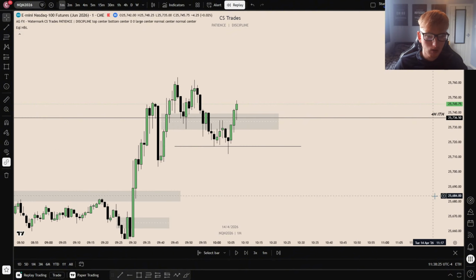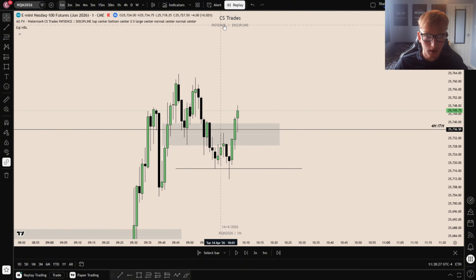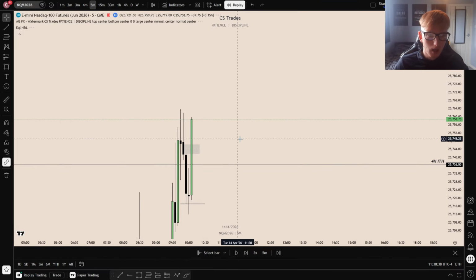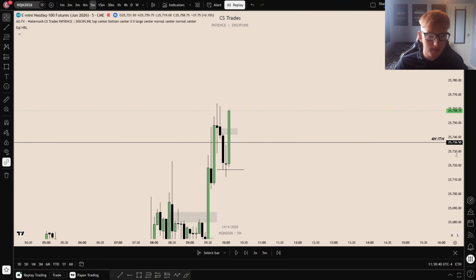But as you can see, we got absolutely no inverse to the upside whatsoever until we hit this fair value gap up here, which is super high in the leg, and by the time that got inversed, the risk reward was gone anyway. But what I did like was this 5 minute if we had a good close.